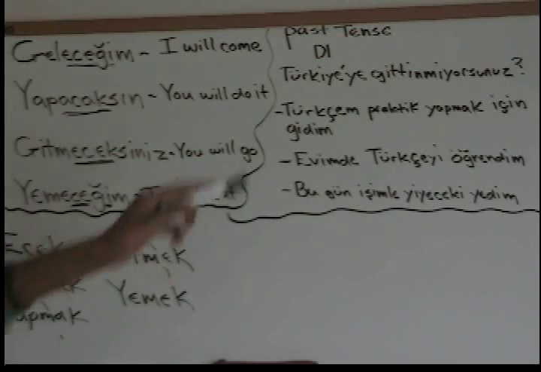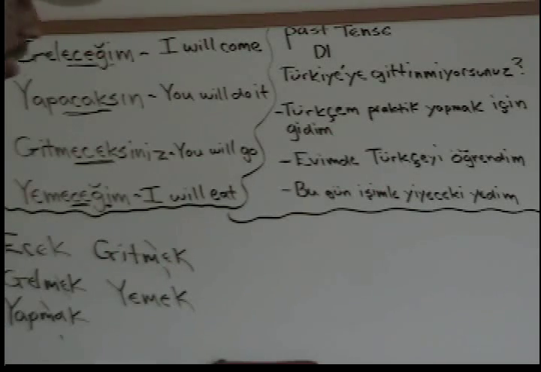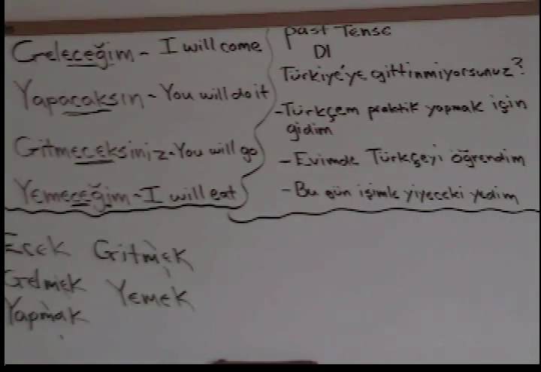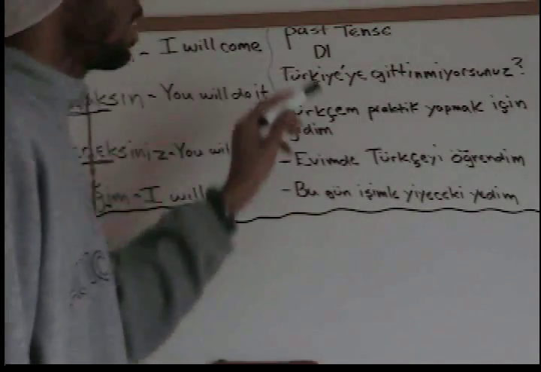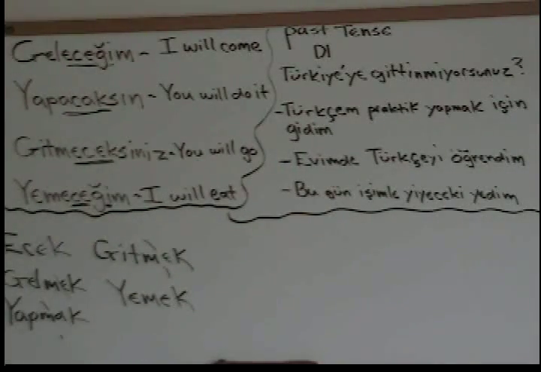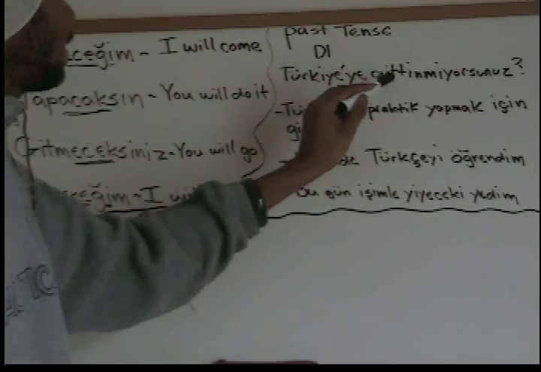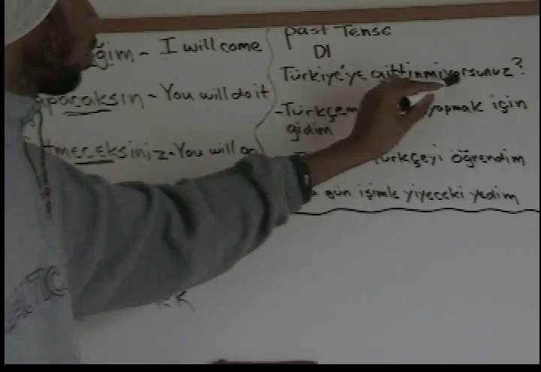Okay, now I have past tense here. I figured I should go ahead and include that in here since I only had a few more examples for the future tense. So past tense, essentially it's D. That's what it's going to be, D. Okay. So for example, Turkey'ye gittiniz. Have you ever